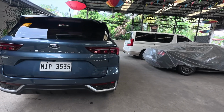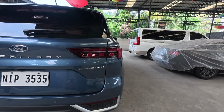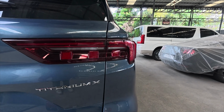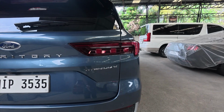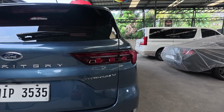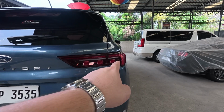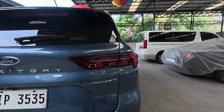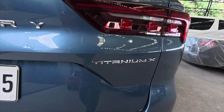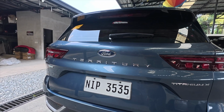It also has a very interesting taillight design which kind of looks like the Ford Everest, a little bit similar to that, but it's still unique on its own. And when you're using the signal lights of the Ford Territory, these signal lights are actually sequential. So they just don't blink at once. Instead, you'll see light traveling from here all the way here repetitively, as long as your signal lights or your hazard lights are activated. Of course, you have your Titanium X badge and the Ford Territory brand proudly stated at